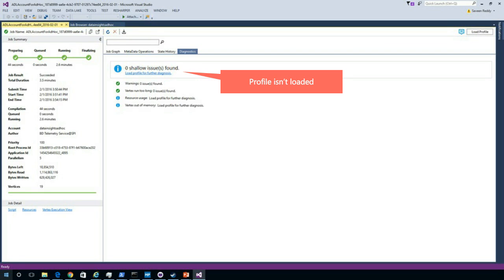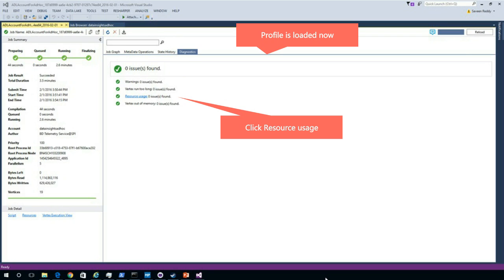Now let us switch back to our PPT and quickly ramp up the session and go further. So this is what we did in the previous screen using Visual Studio.